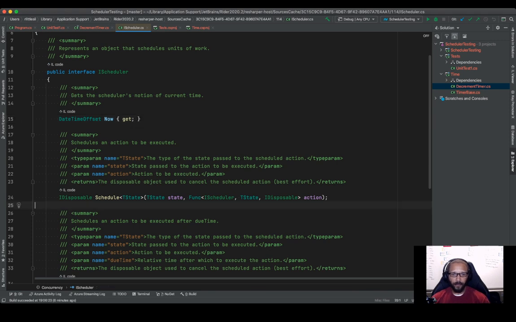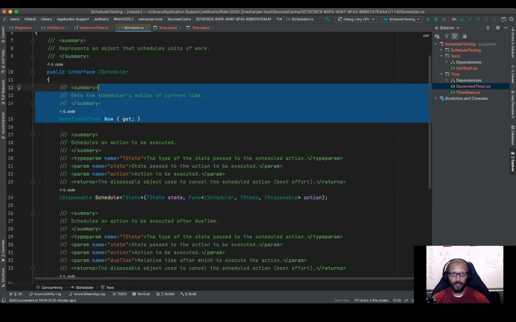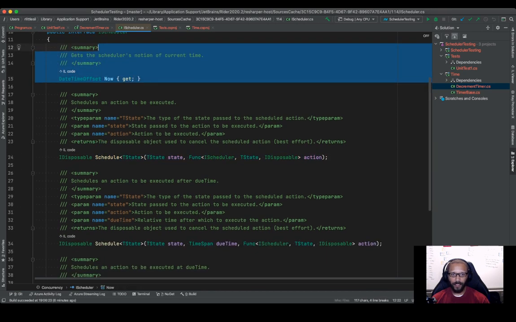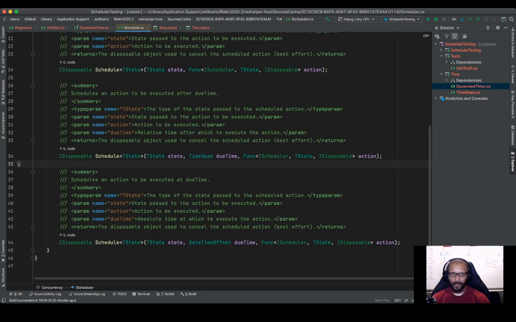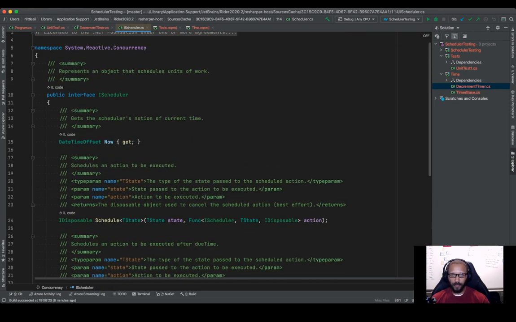Okay, so you'll see that this IScheduler has a Schedule. It has a DateTimeOffset of Now. It's got some other methods around scheduling, and it returns a disposable. So this is a fairly complex concept, and you'll also notice that it's in the System.Reactive.Concurrency namespace. So this is a more or less delicate problem